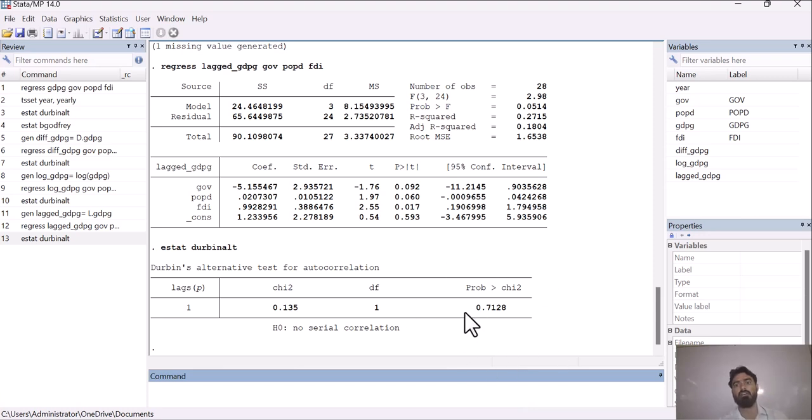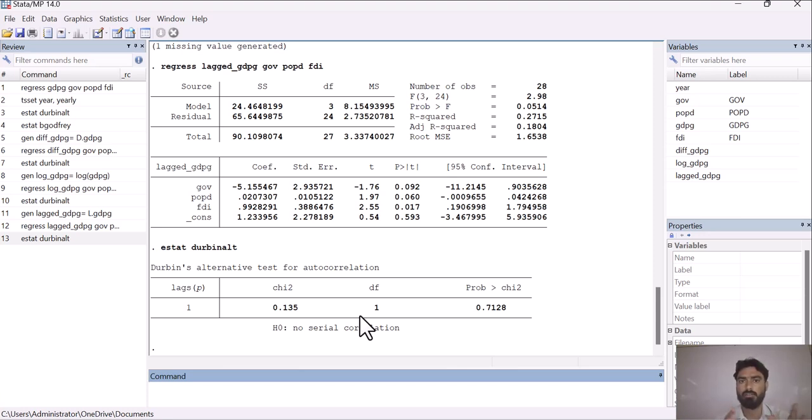Here you can see that in this method also the probability value is greater than 0.05. So we have to accept the null hypothesis, which means that there is no serial correlation. We have applied three methods one by one: lag method, difference method and log method, and we have seen that all of these methods have resolved the issue of serial correlation.